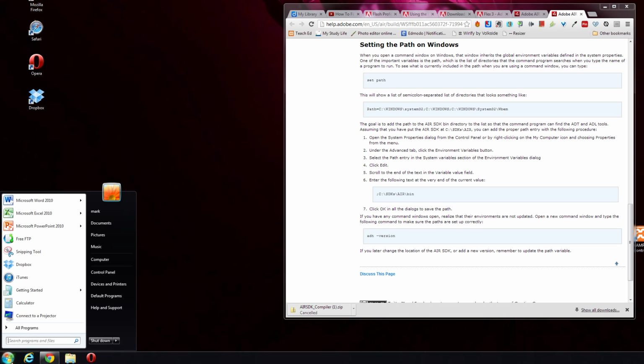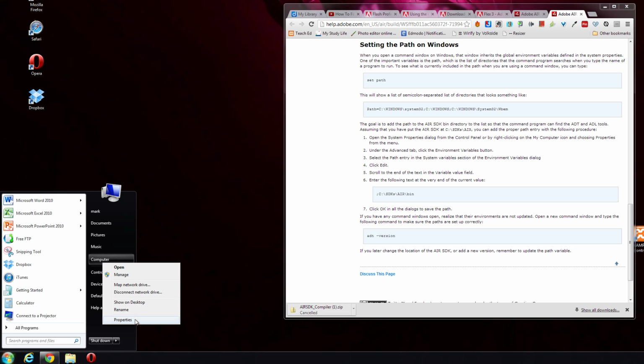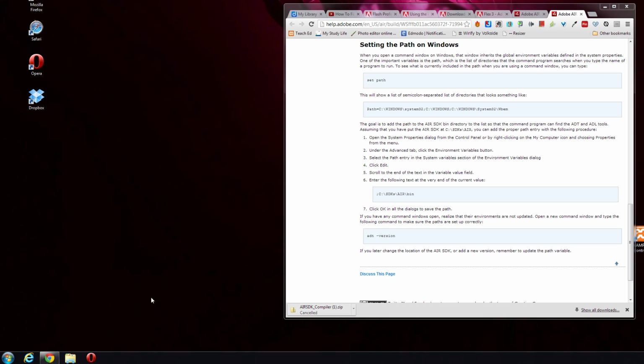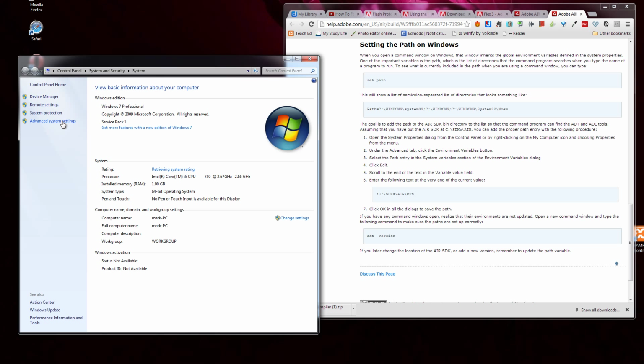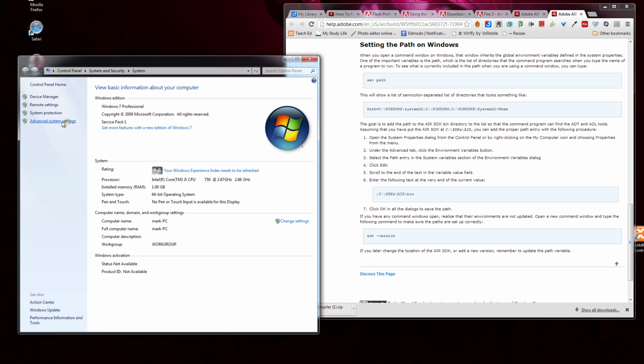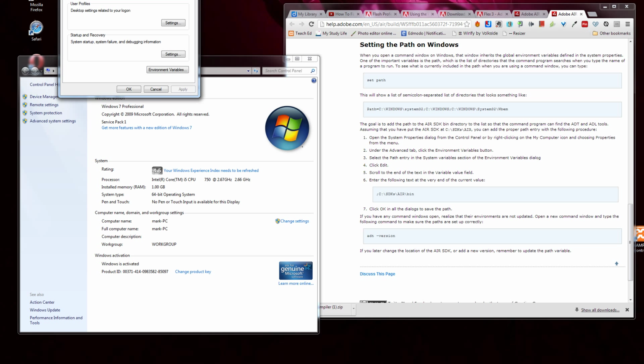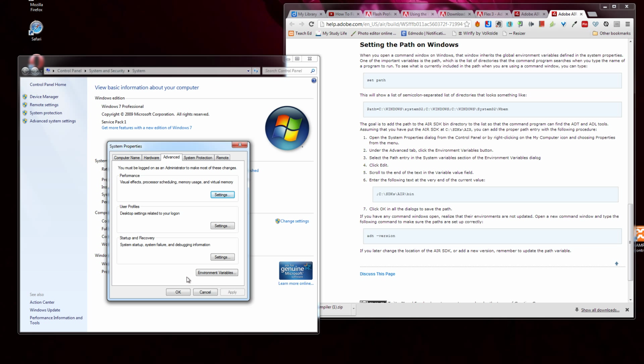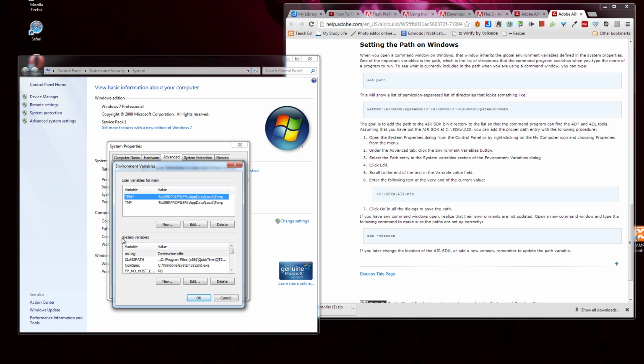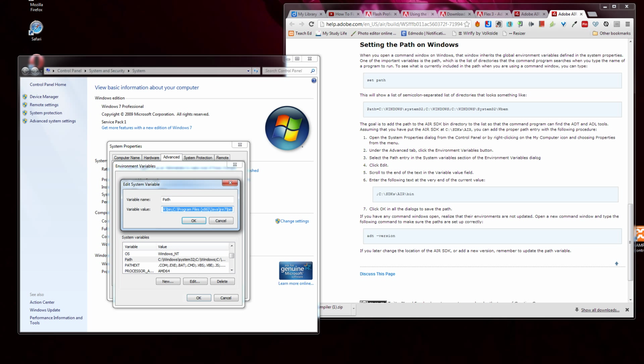You need to go to the start menu, right click on computer, go to properties. Inside here, click on advanced system settings. That'll bring up this system properties dialog window. On the advanced tab here, click on environment variables. Now in this system variables section here at the bottom, scroll down until you see path there. Then click edit. Now then, this is where it's really important, because I've already done this, what you won't have,